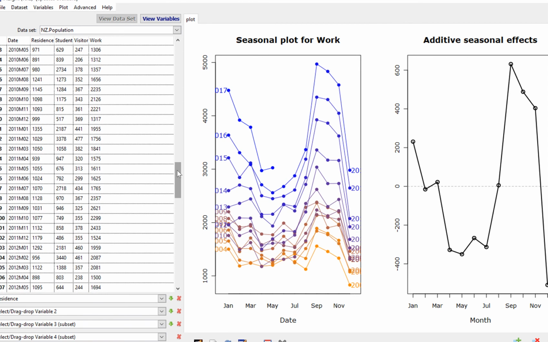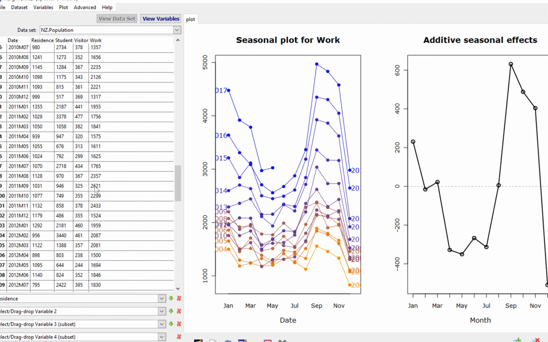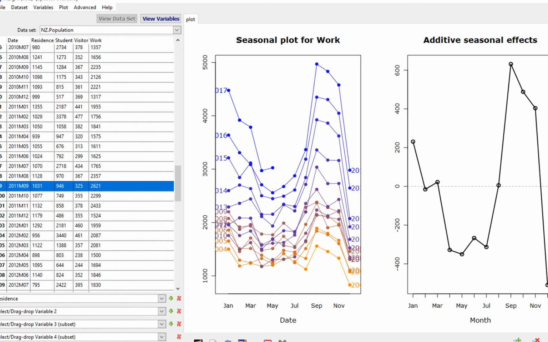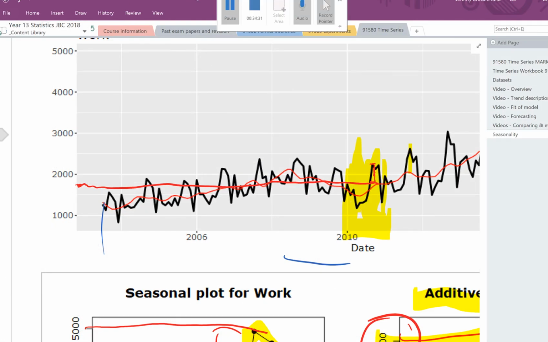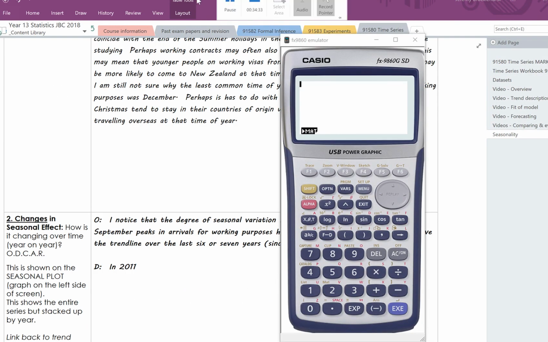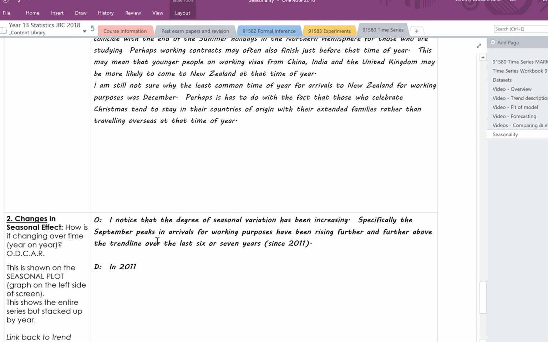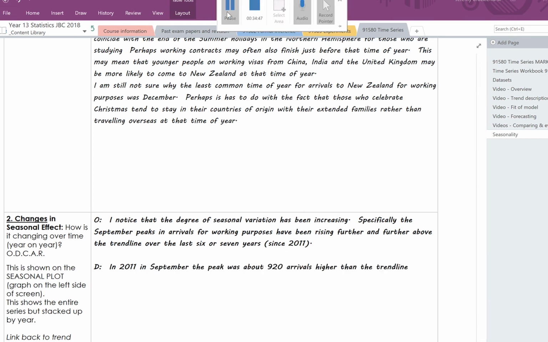September, and I'm looking at work, was 2,621. So 2,621 compared to about 1,700. So that's about 921 above the trend line. So in September it was about 920 arrivals higher than the trend line, whereas in 2016